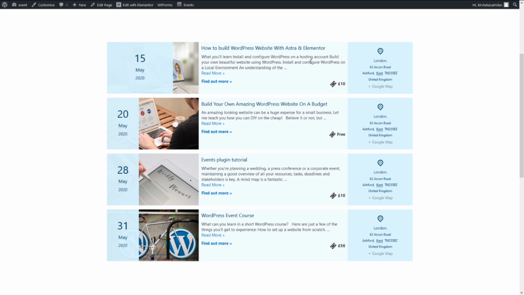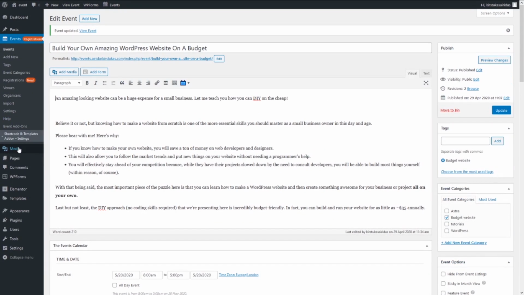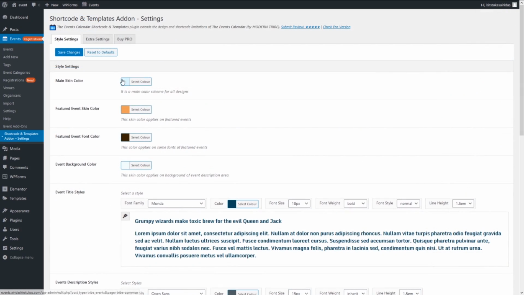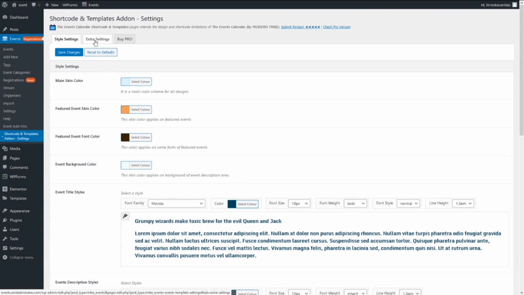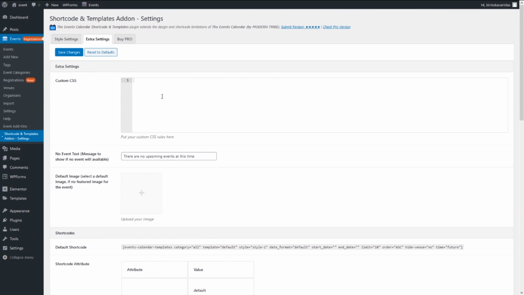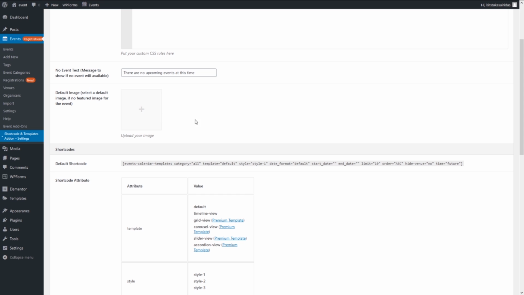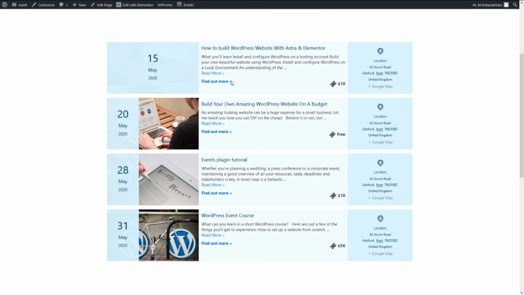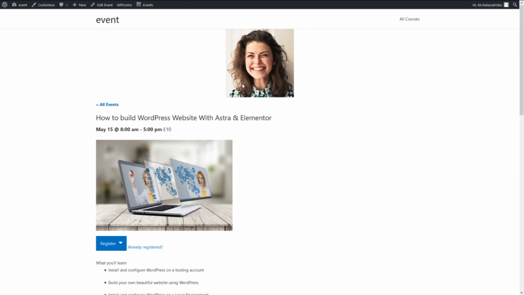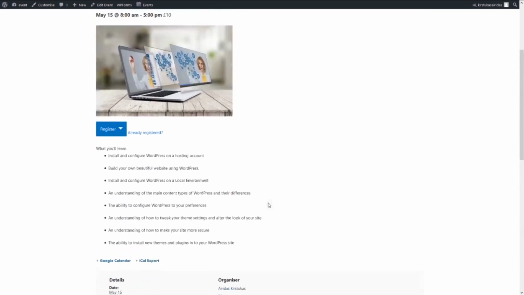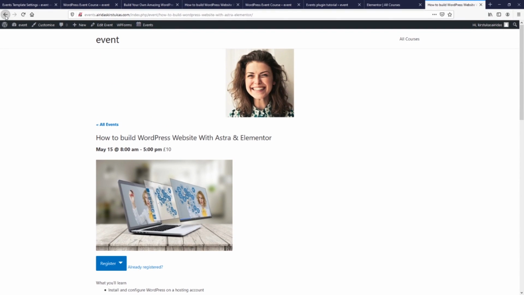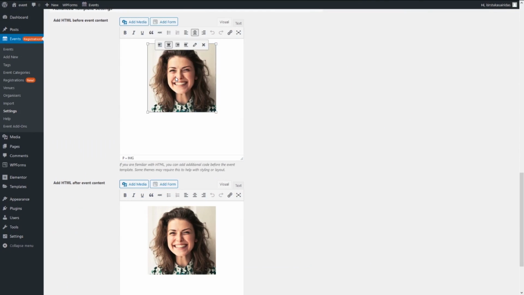These colors are actually adjustable. I'm just going to show. If you go to shortcode template, then you have those colors, and then text, font families, how you want, and you have some extra settings. You can enter your own CSS, upload an image. If you press find out more, you would end up on a page. It's not the best design I'm showing at the moment. If you go back to display, I don't really like